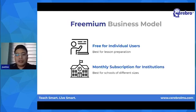Technically, using our platform and our collection of learning materials, you will be able to save time that you are paying your teachers to create the instruction materials, if those are treated separately apart from the regular teaching hours that are already paid. And this can also help you in conducting maybe the review sessions of your students